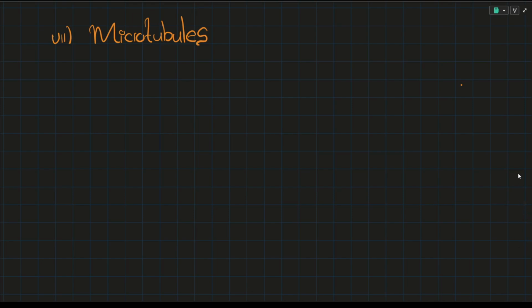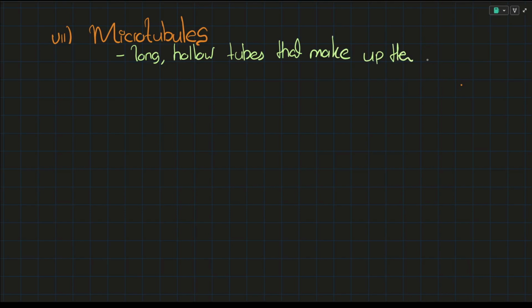Microtubules are very simply long hollow tubes that make up the cytoskeleton